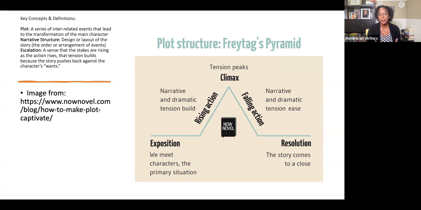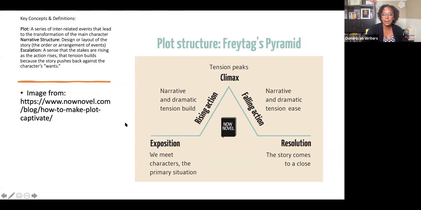Is it your main goal to have a character transform, a community transform, or do you want the change to happen more internally for the reader? For me, the best stories are the stories where both things happen, where the character changes, I am changed in a way that I can recognize within myself. And those are the most affecting fictional stories that I've encountered.